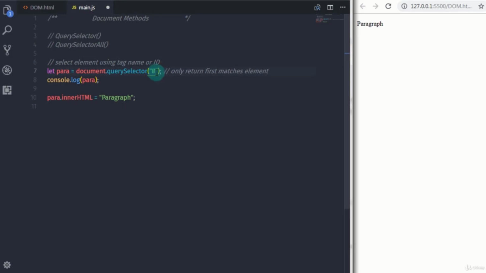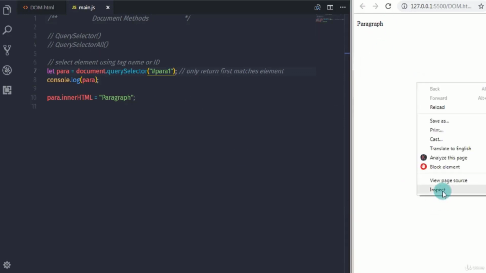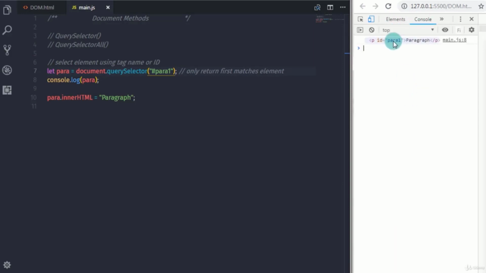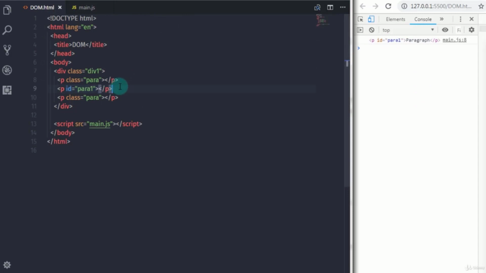So if I specify here hash para1, then this would return the same outcome. Here we are accessing the paragraph using its ID. So whenever you want to access a paragraph using ID, you need to specify hash before the name of the ID,